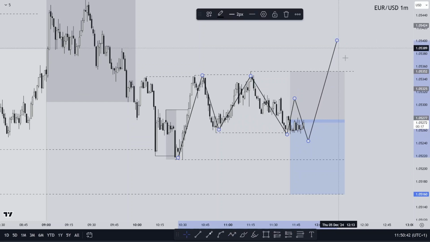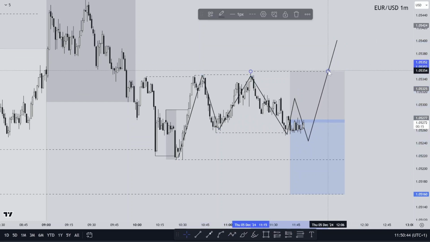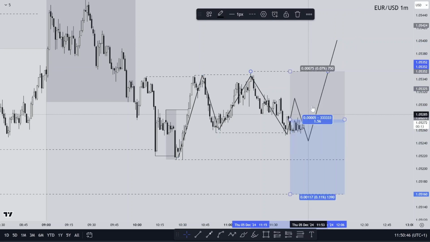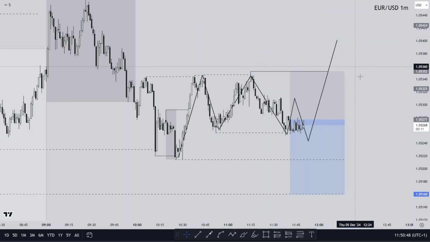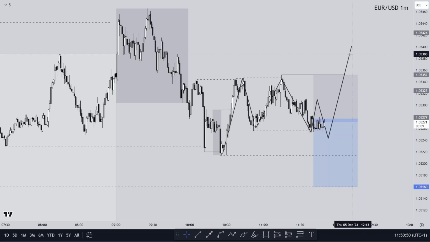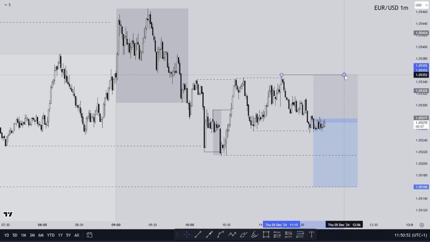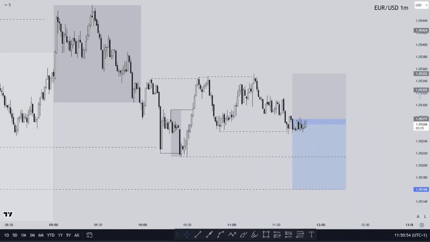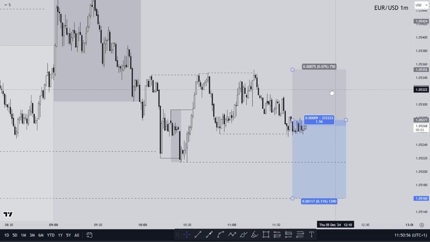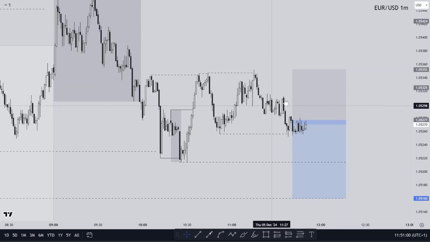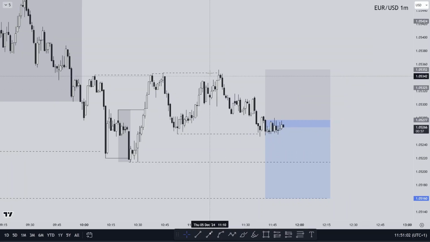Okay, so if price breaks this level, then I can expect a continuation to the upside. But for the moment it's too early, so I have two options. The first one is to wait. The second one is to try to catch a short movement, and since I